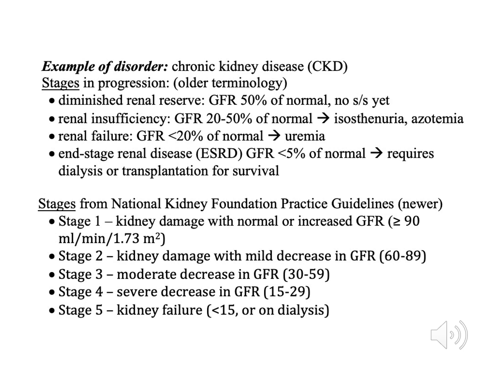So they're all basically progressing from a very early stage where GFR is starting to drop, but there aren't any symptoms yet, and then progressing to end stage or kidney failure, to where the patient needs to be on dialysis, or they need to have a transplant, or they're going to die. Okay, so I'm not going to ask you to learn all of these stages or memorize any of these numbers or anything like that. I just want you to have this as a reference for when you go to the hospital and you start reading